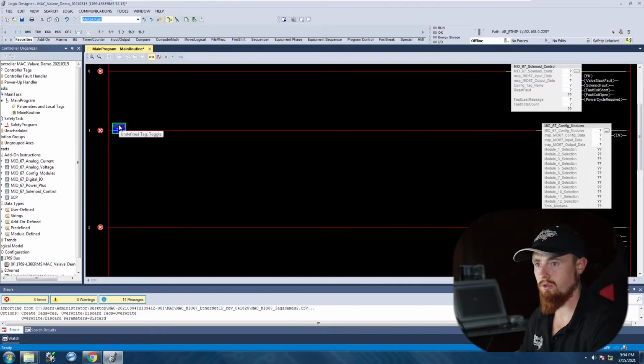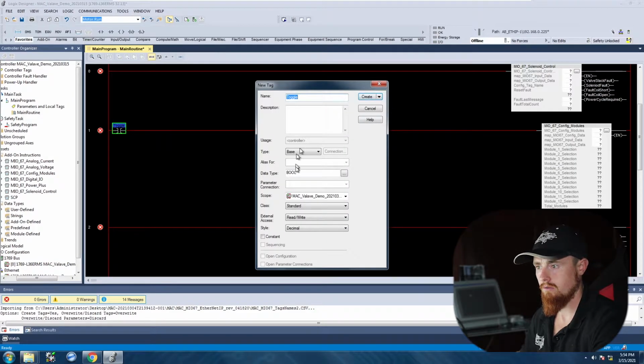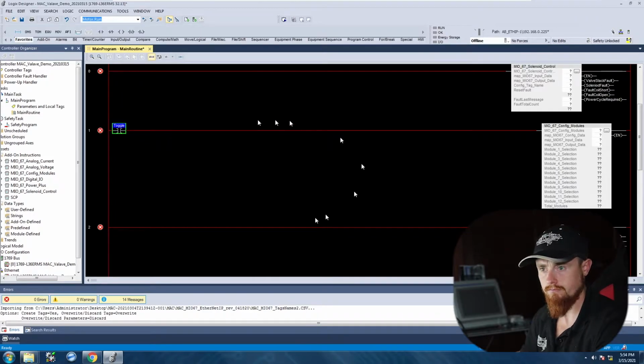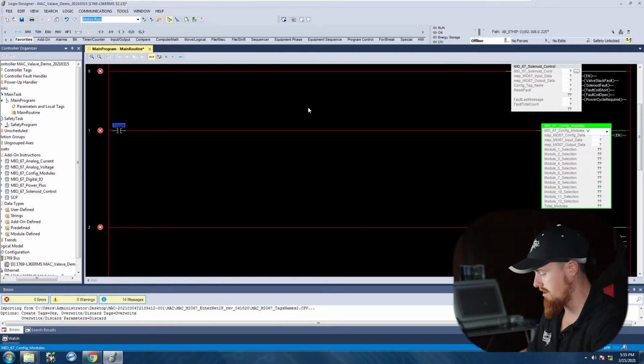We're just going to put in a simple generic toggle bit here. We're going to need to create this tag. So new tag. We want it to be a Boolean. It's automatically added as a Boolean. Create. So then we're going to come over here. We're going to call this valve config